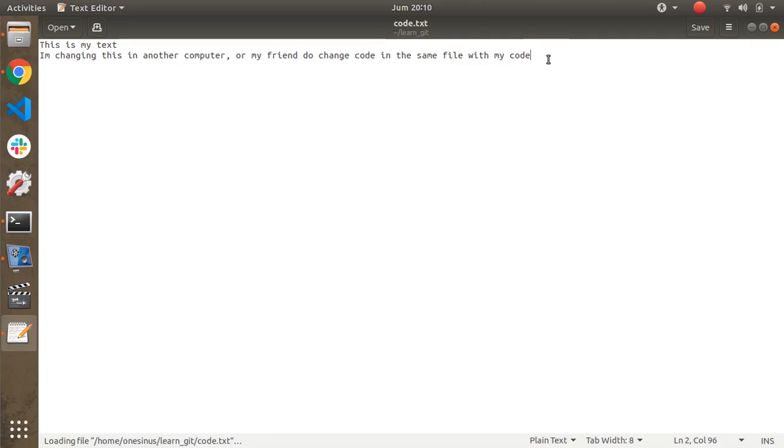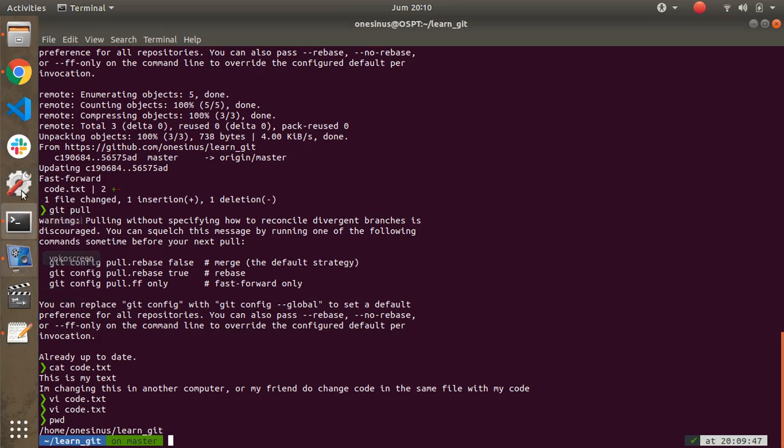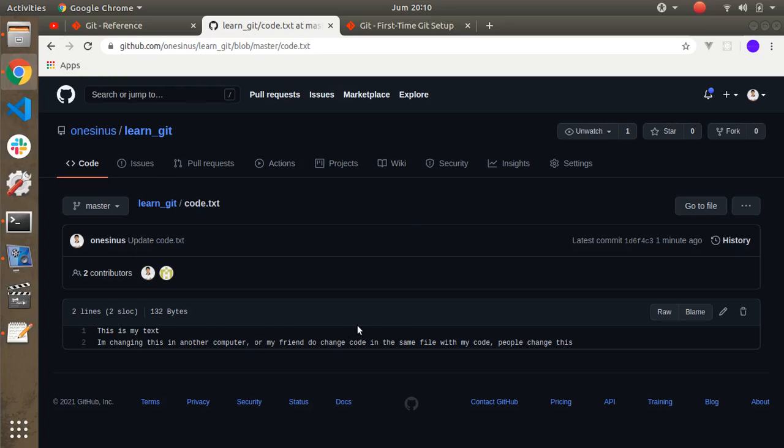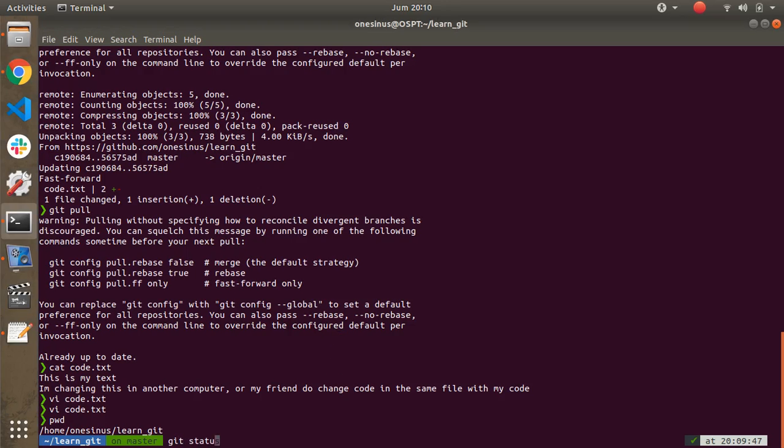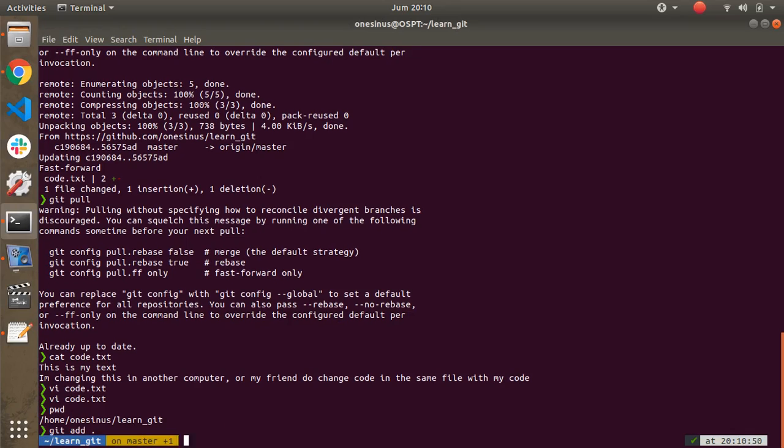And then how about if we change this code also? I change this line also, and I will save. And then we want to git add this file and git commit.